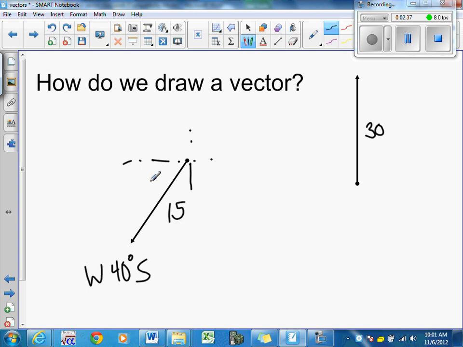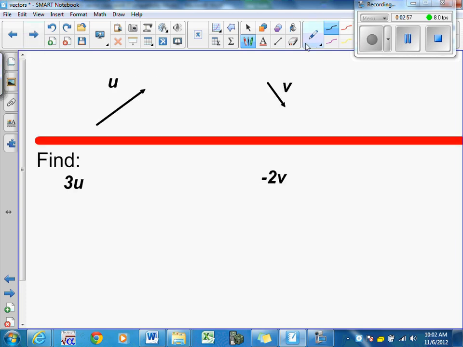Okay? So now we add two vectors. Let's say two things are acting on something at the same time. Two people are pulling on an object, or a wind is blowing and there's a current on a boat. It's trying to go across a river where there's a current and there's a wind blowing. How do we add those two forces? Well, if we have two vectors,